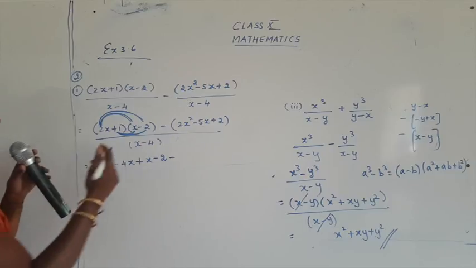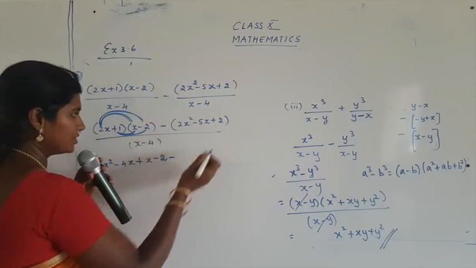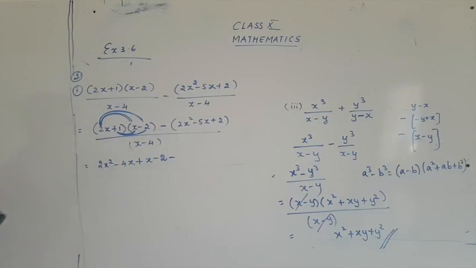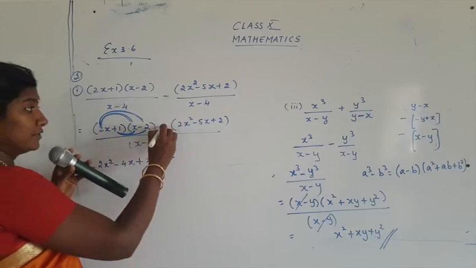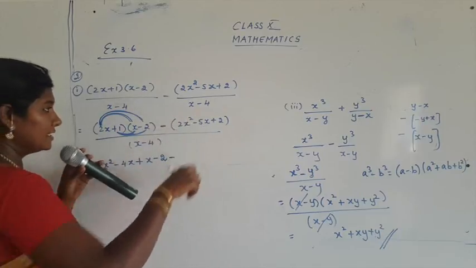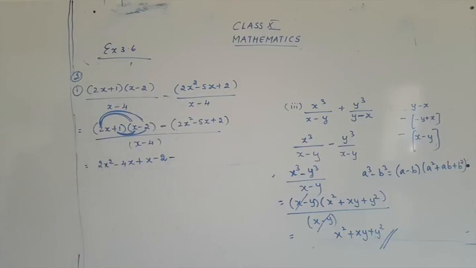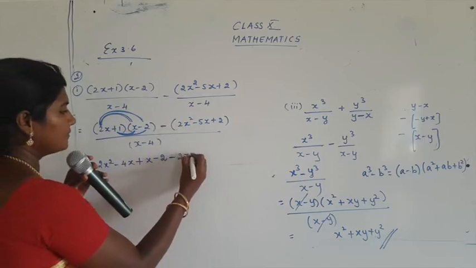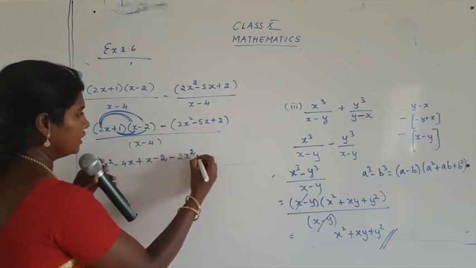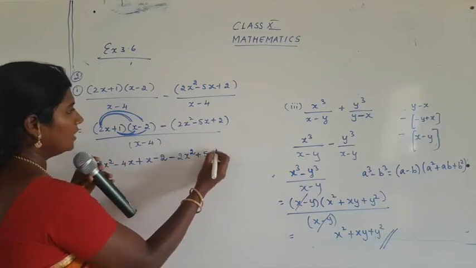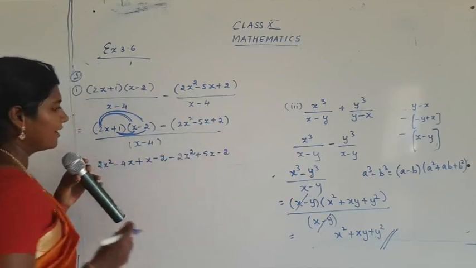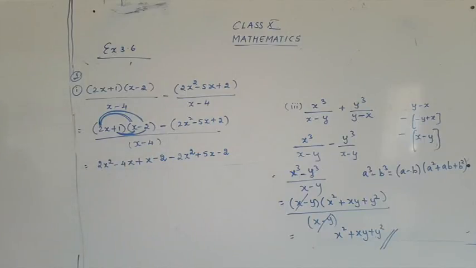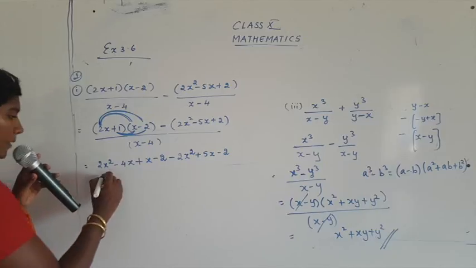Now what we get is, once I open the bracket, the sign changes. I told you when it is addition, nothing is going to change. But when it is a subtraction, the sign will change after the negative sign. Whatever terms are present in the bracket, the sign will change. So it's positive, so it changes to minus. That's minus 2x square. It's negative, changes to positive. That's plus 5x. Plus 2 changes to minus 2. Be careful. If you do not change the sign, you will get a wrong answer. It's very, very important to change the sign when you are dealing with the subtraction part.